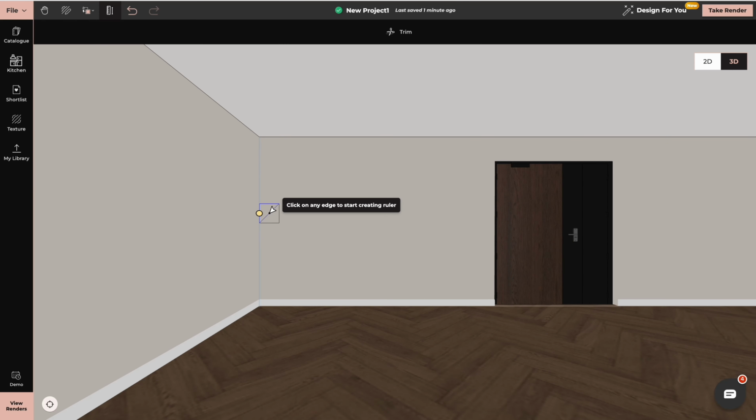As you can see, it will highlight in blue. And now you can see this square. Wherever you will move it, it will change the color. You need to bear in mind that it needs to be flat on the surface where you will be drawing your guidelines. So if I want to draw on this wall, then it needs to be flat on this wall. But we will be drawing on the wall on the right hand side, so it needs to be flat on